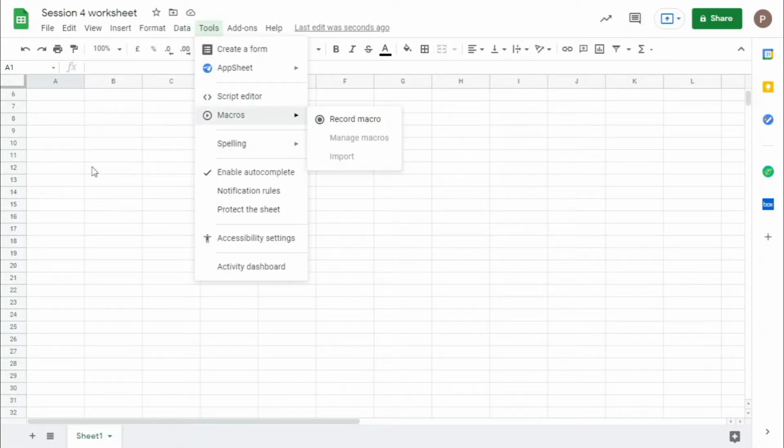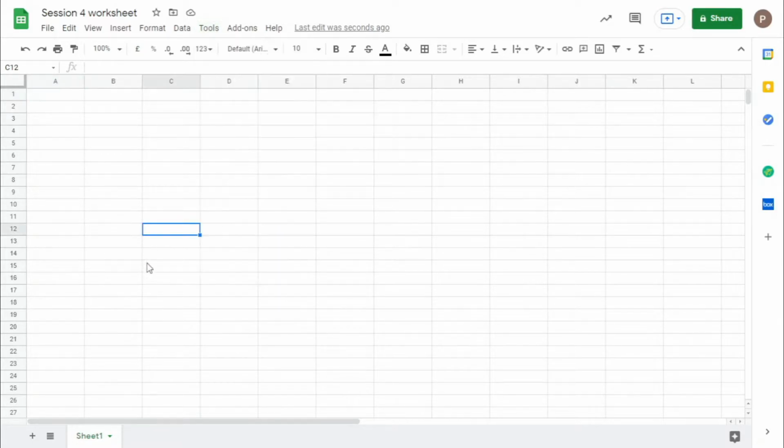Macros. Macros are mostly used when you want to repeat an operation again and again while changing the values. So let's say in A1 there are some numbers like 2, 3, 4.